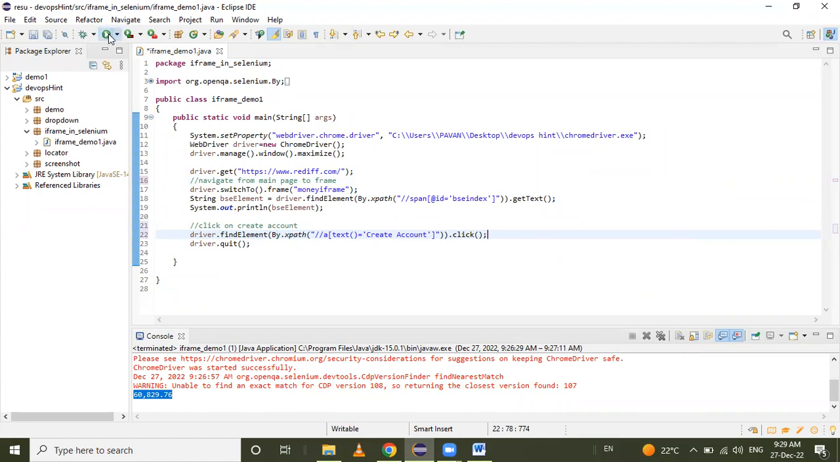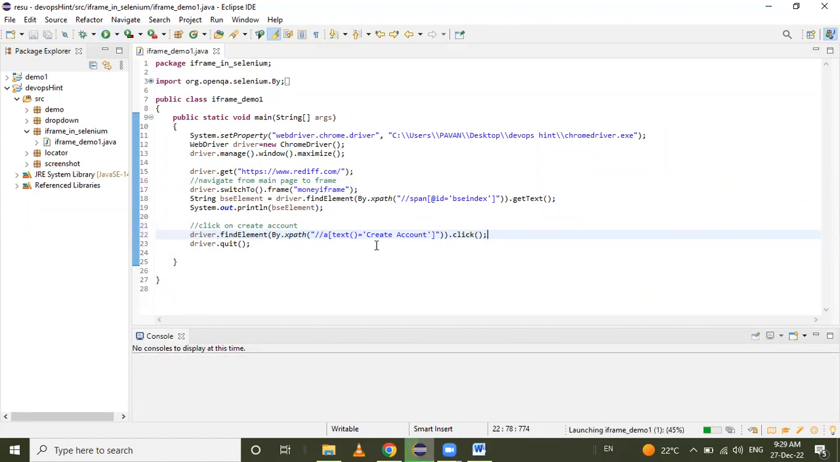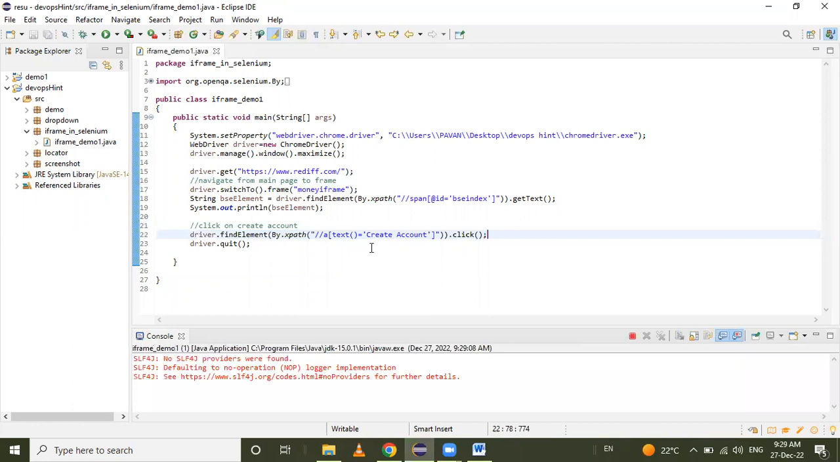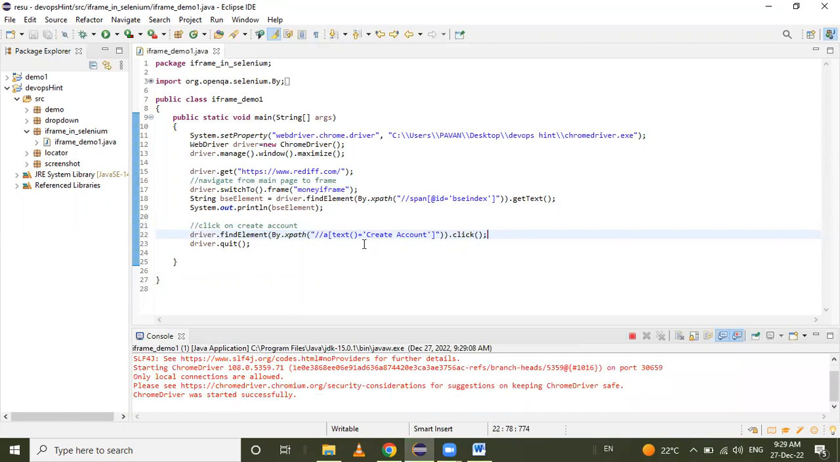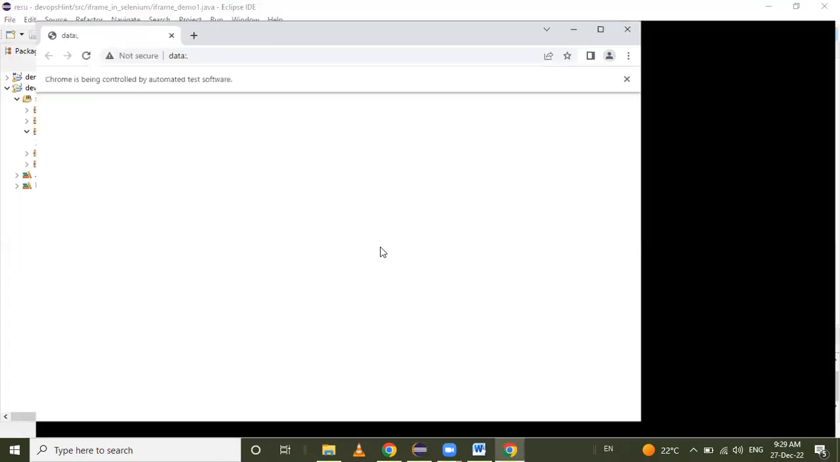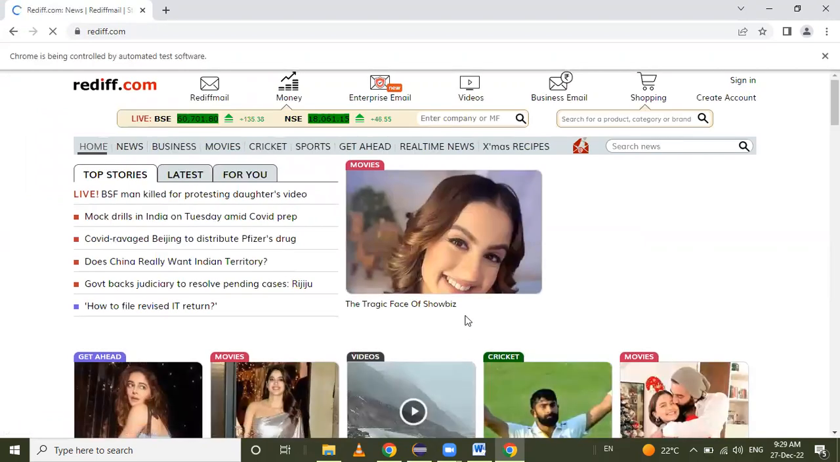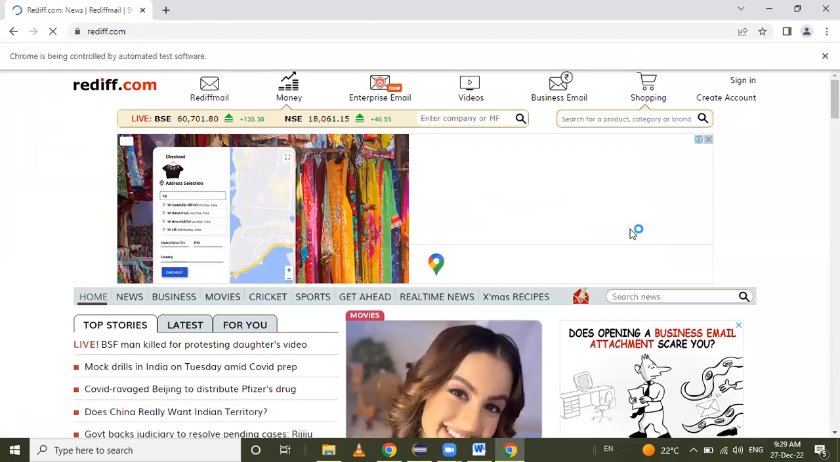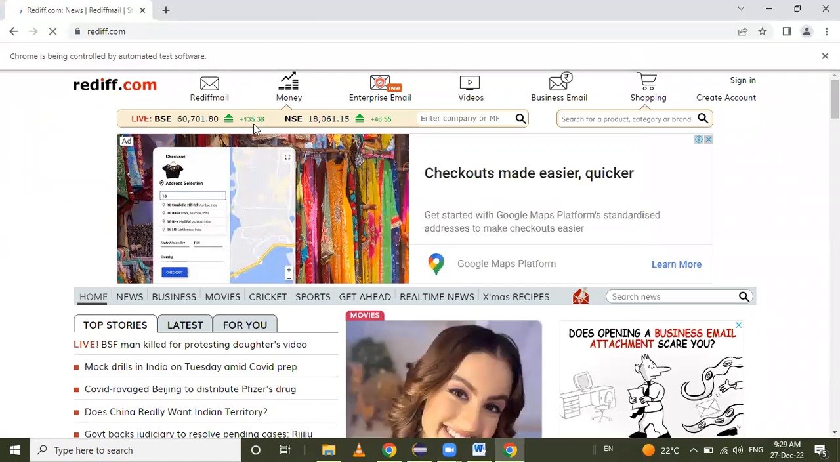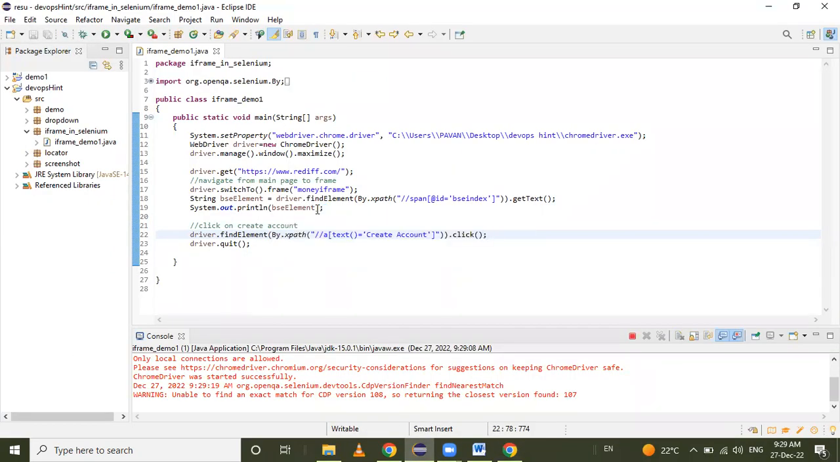so I will run this program and see what happened in that. Here it did not click on the create new account. Okay, create account. So see here, first, see this top page, it's not quit because here we are inside the iframe. So first we have to come outside from the iframe,